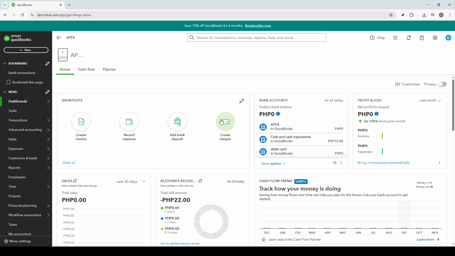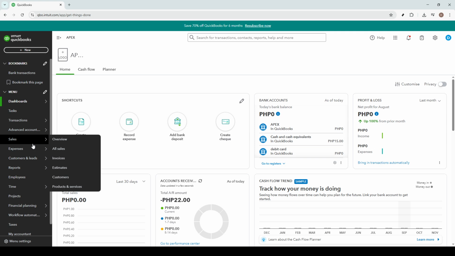First, you're going to need to navigate to QuickBooks. You can do this easily by heading over to your web browser and typing in the QuickBooks URL. Once you're logged in, you'll find yourself on the Get Things Done page. From here, our focus is going to shift to the Sales section. This section is vital as it houses all your sales information, making it the perfect place to start managing your